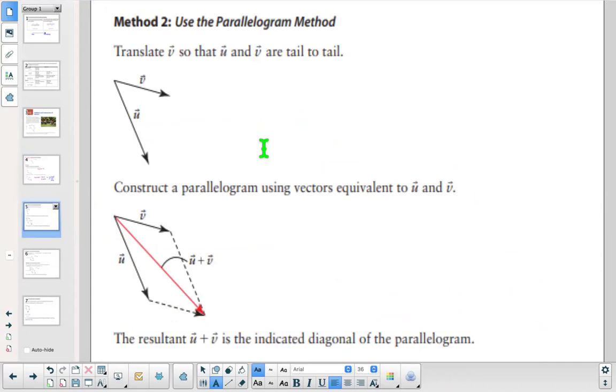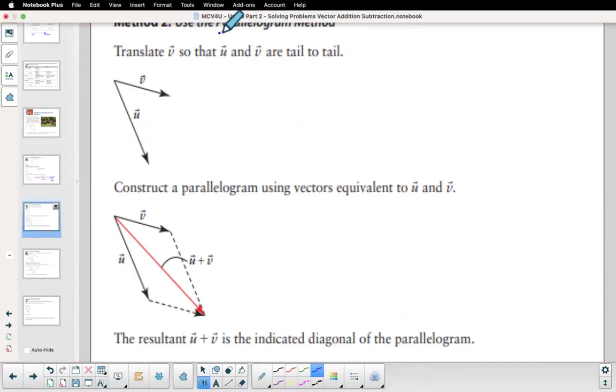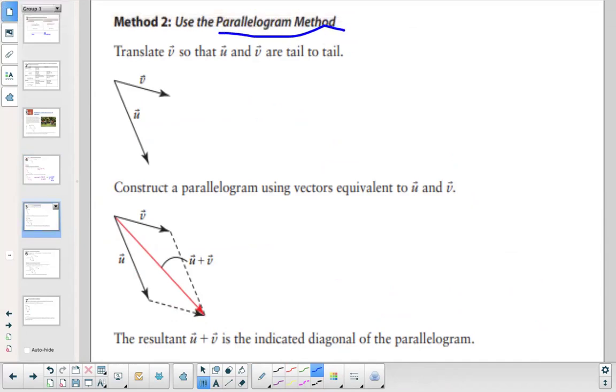Method number two is the parallelogram method. Grab my marker here. And we want to translate with the parallelogram method. I'll highlight that. Oops. Try again. Use my straight line tool. There we go. For the parallelogram method,